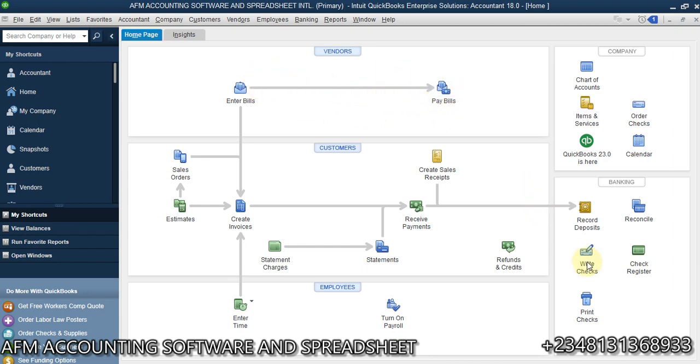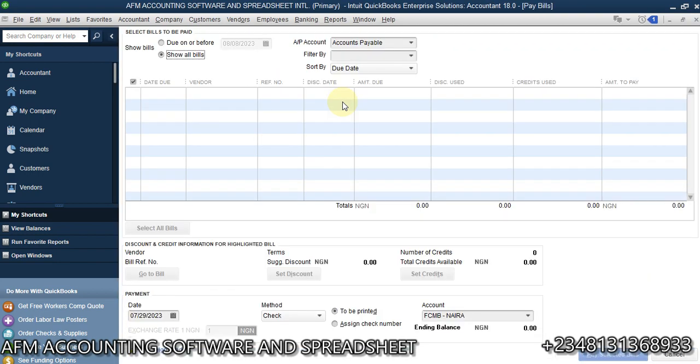You don't have to write check, because if you write check, it's the wrong way to do that. It might still direct you back to paying the bill. Because if you want to pay the client or the vendor, it will ask you to use pay bill, or you can go to vendor here and pay bills, whichever option you want to select. Okay, so now we are going to select